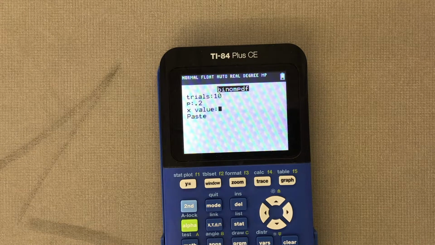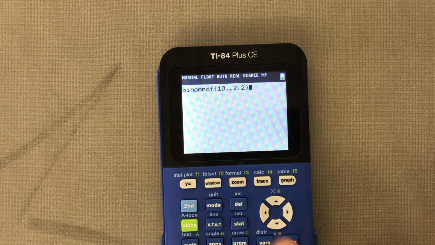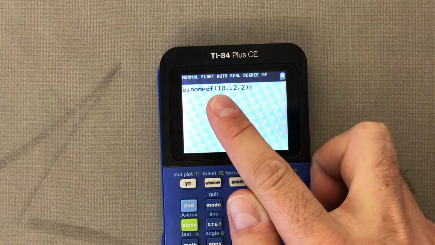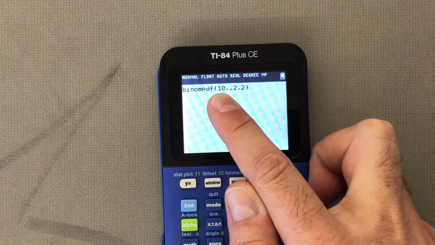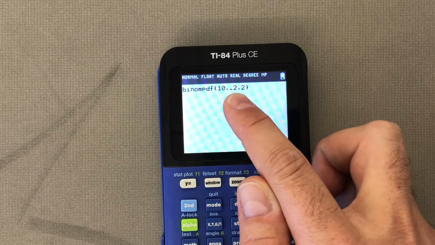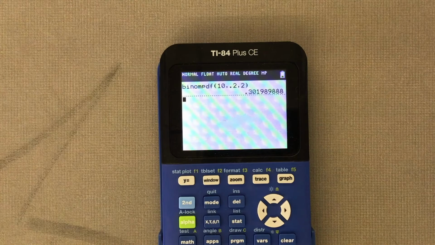And lastly, our x value. We're interested in exactly 2 packs, so that'll be 2. And then I'll come down and hit paste. If the menu didn't pop up for you, then you probably have slightly older software. This notation right here is exactly what you want. That's binomial PDF: you go number of trials, comma, probability, comma, and then the number of successes. So I'm gonna hit enter, and there it is,